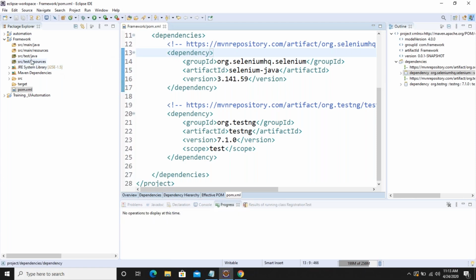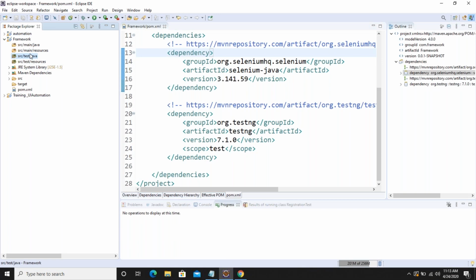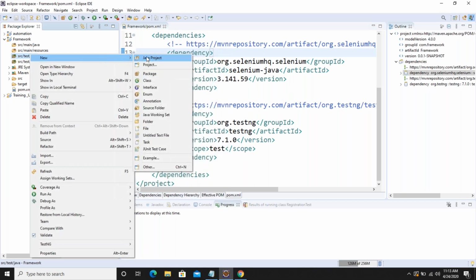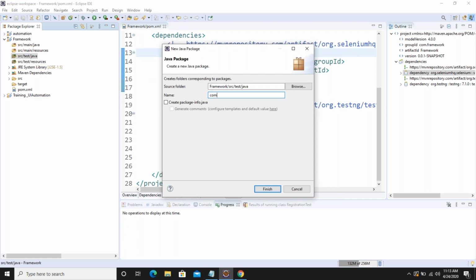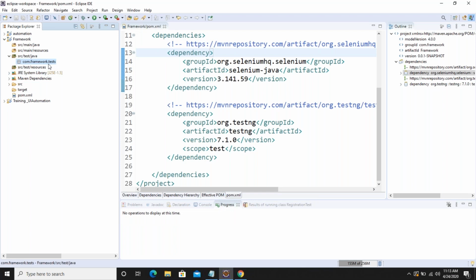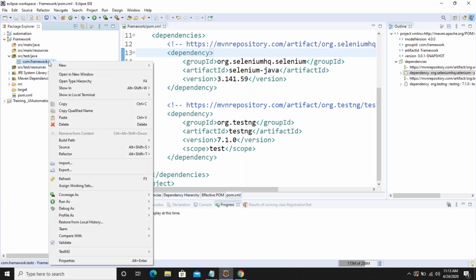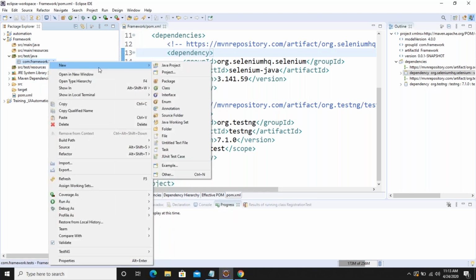Now what we would like to do is create a sample package. So let me go ahead and create a sample package, new package. And I would like to say pom.framework.tests, so that all the tests will be inside this. So click on new class.